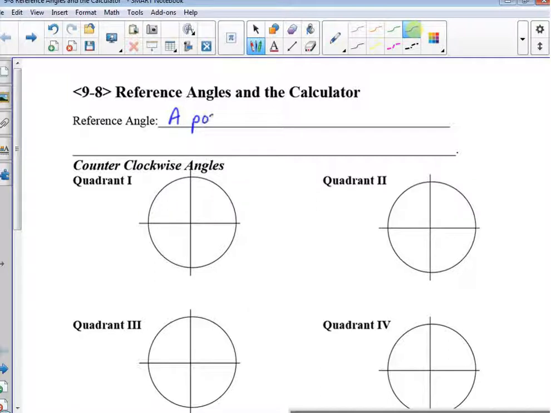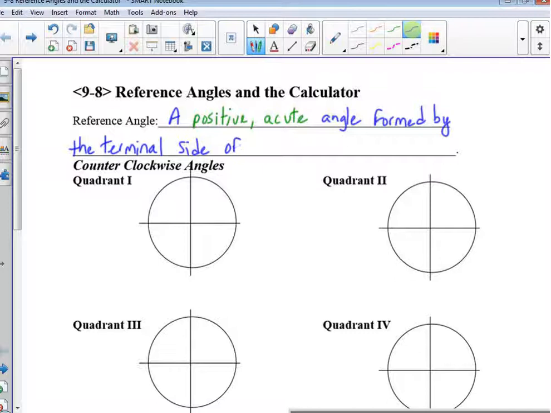So here it is. A reference angle is a positive acute angle formed by the terminal side, the ending side, of an angle in standard position and the